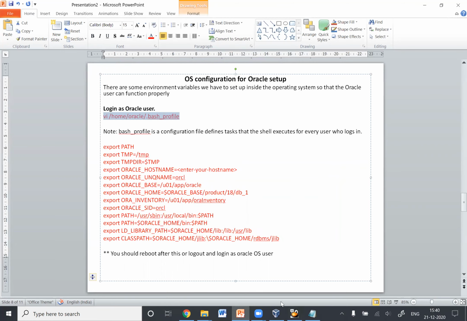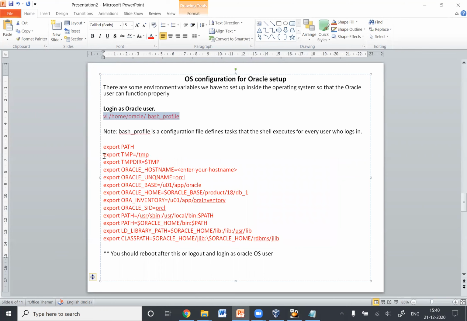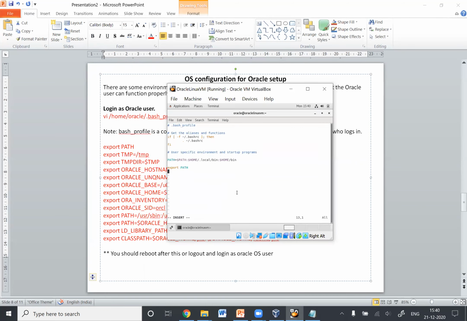So we have this export path already over here. So we'll copy from export TMP till here, the last line. Now you'll see there's one more thing over here, enter your hostname. So we need to enter a hostname here. So before doing this, let's close this one. We'll press escape, shift colon and q, press enter.